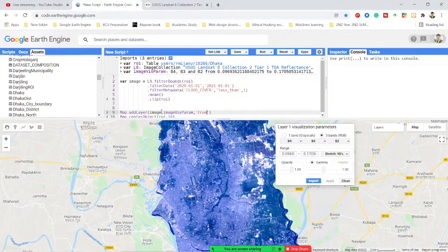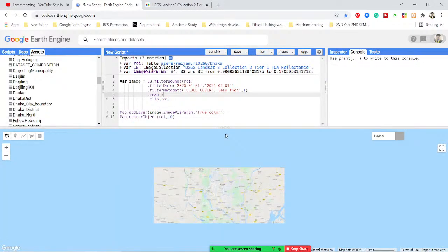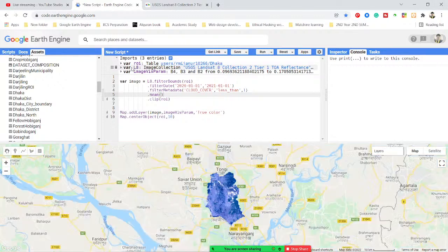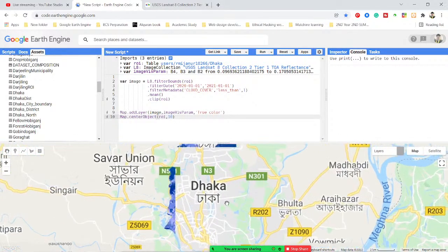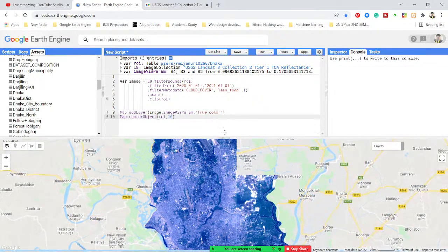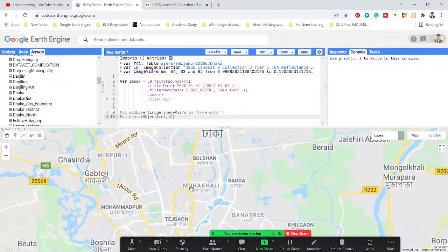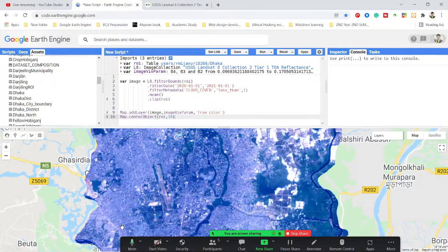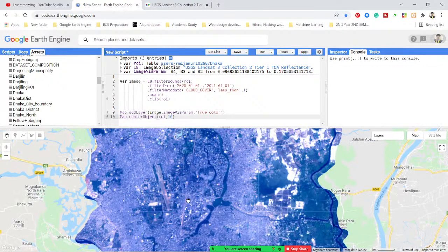The true color. Okay, so now you can see our second step is done. First of all, I take my region of interest. My second process is choosing and filtering my image collection, and displaying this image collection result. You can see, okay, so this is my image, and now I want to use this image for making the land cover classification map. And then you can already see that our third process is that we need to